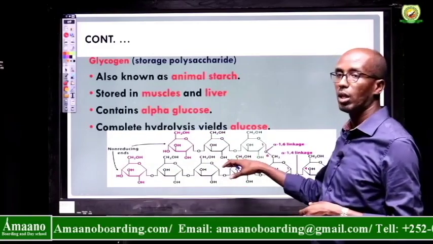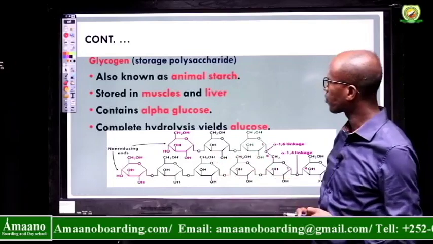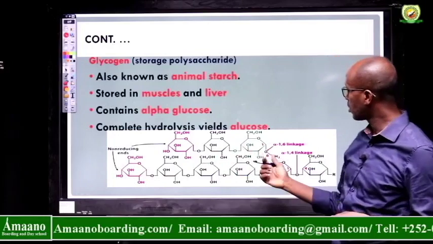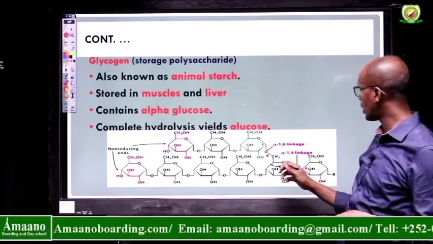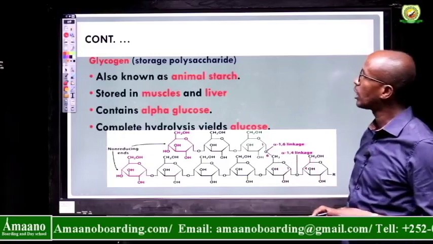Here you can see the structure of a glycogen. It has both alpha 1,6 and alpha 1,4 linkage. So that's all about what we